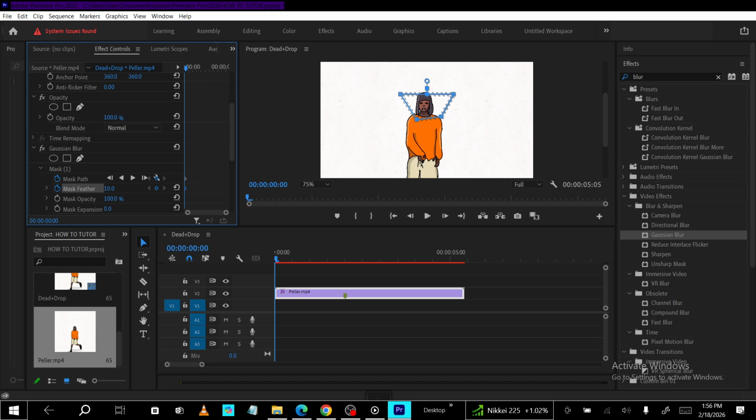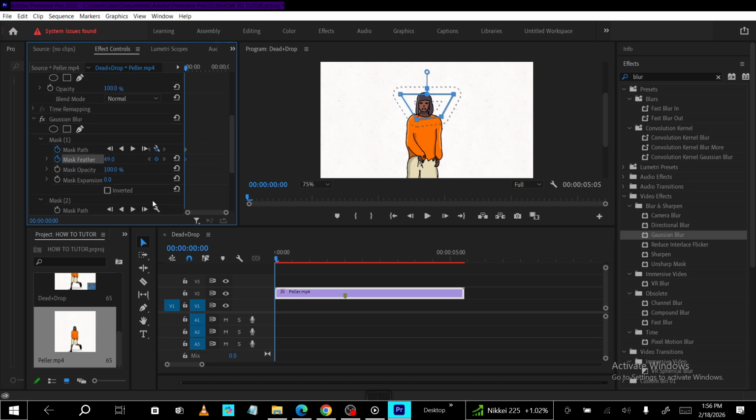Finally, invert the mask if you want the effect to apply outside rather than inside the shape. This is perfect for blurring the background while